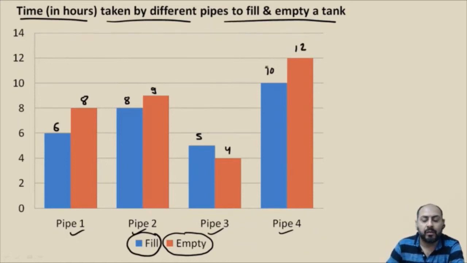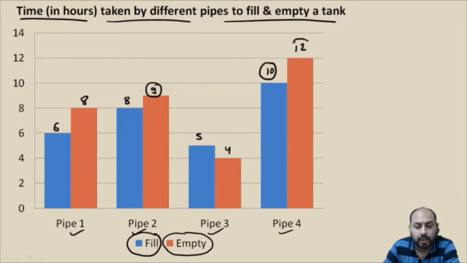So what we could have done over here is that before we even start solving the questions, we can work out the efficiencies of all these pipes in terms of liters per hour. For that, we'll have to assume the total volume of the tank. How do we assume the total volume of the tank? We're going to take the LCM of 9,